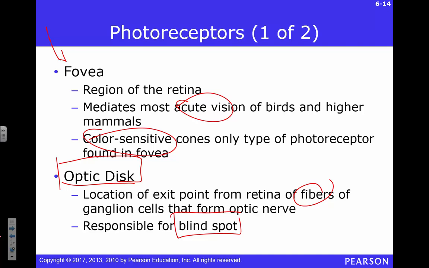Your eyes are constantly moving, right? Even if you think you're looking at something straight ahead, they still twitch a little bit. They make these little micro movements, just super small. And basically what they're doing is shaking that blind spot around, right? It's like a Photoshop trick. You're just moving around, filling in that space. So you never really notice that you're missing something from the visual world because it's constantly moving. And your brain just fills in with all the other information around it.